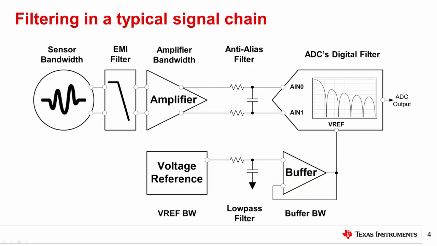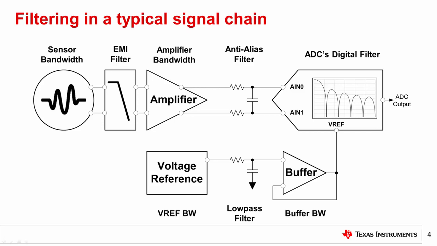Not all filter types need to be included in every data acquisition system. For example, both wideband and low-speed delta sigma ADCs integrate a digital filter as part of their conversion architecture, whereas SAR converters typically do not. Additionally, all of these components contribute some noise to the circuit as well as help filter noise from previous stages. As a result, it is possible that the ADC noise will have a different noise bandwidth compared to the amplifier, for example. So how can you determine the effective noise bandwidth seen by each component in both the signal and reference paths shown here? And how does this help you calculate the noise performance of your system?